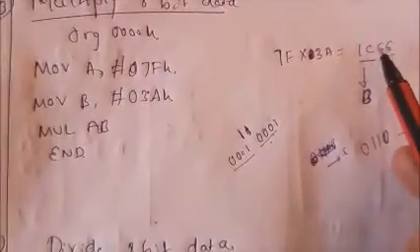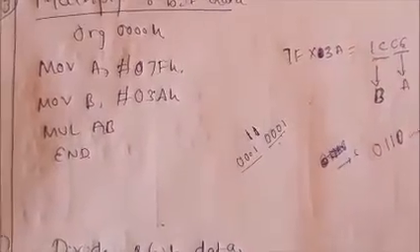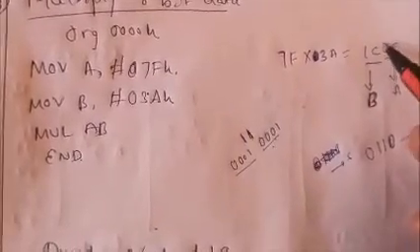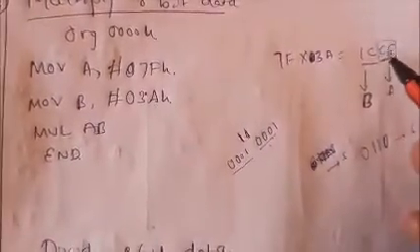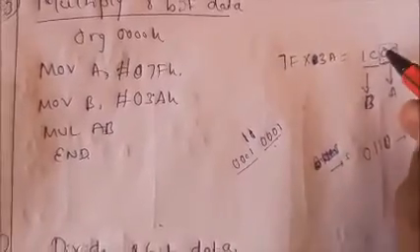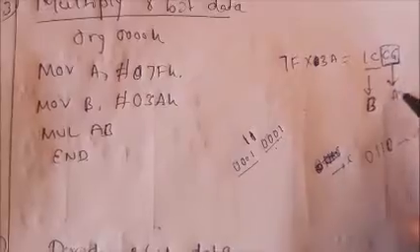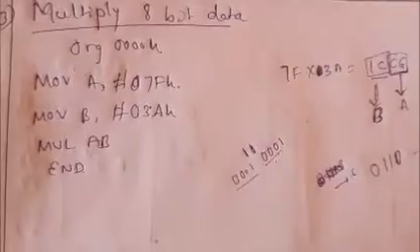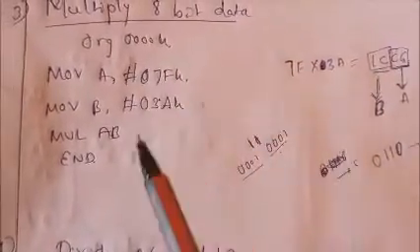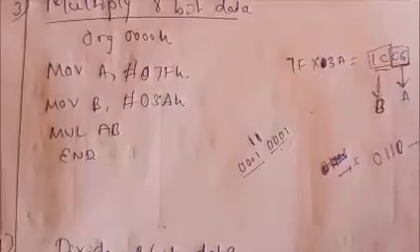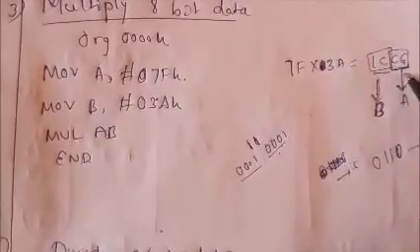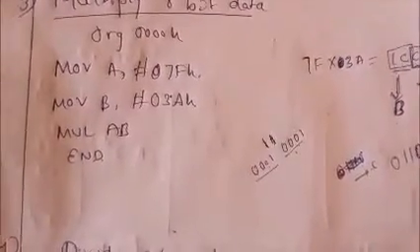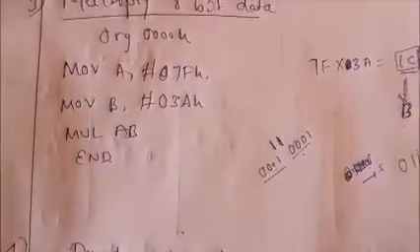But I can't store 16-bit data in the accumulator alone. So how to store it? In multiplication, whatever result you got, 1C6, is clear. The lower 1 byte, since 8-bit is nothing but 1 byte, is going to be stored in the accumulator A. The higher byte is going to be stored in register B. So when you perform 8-bit multiplication in the 8051, the 16-bit result is always stored with the lower byte in the accumulator and the higher byte in register B. So you need to check the contents of these registers for the result.